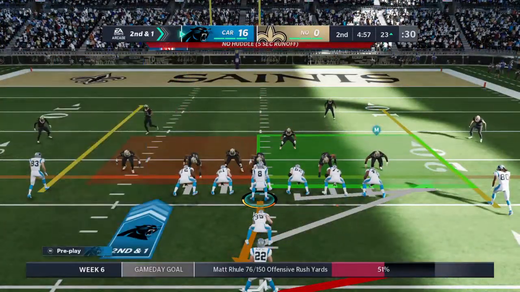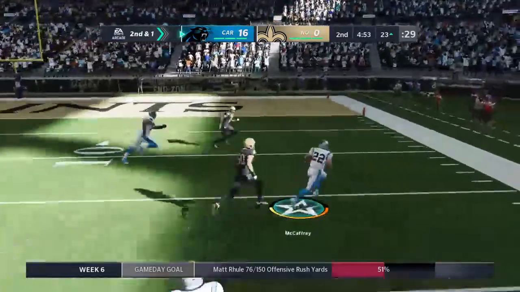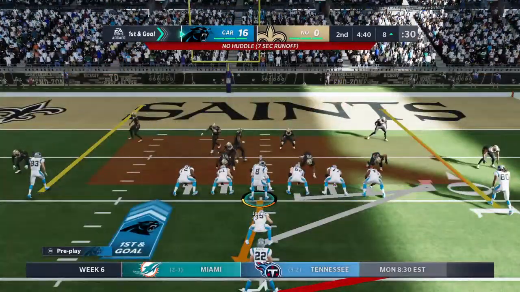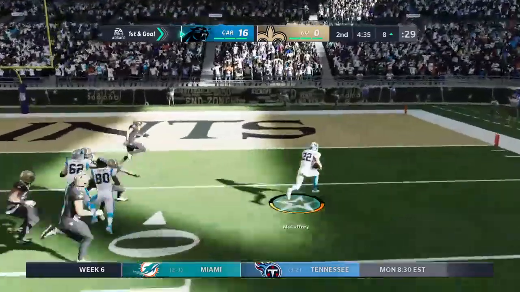Give him 9 on the carry that time, and they're set up with a 2nd and 1. That was a really nice job by them picking up the run blitz and detecting it and blocking it and turning it into a nice run. And a lot of times you think if you blitz a running play, you're going to smother it. But a lot of the blitzers, they come in a little...